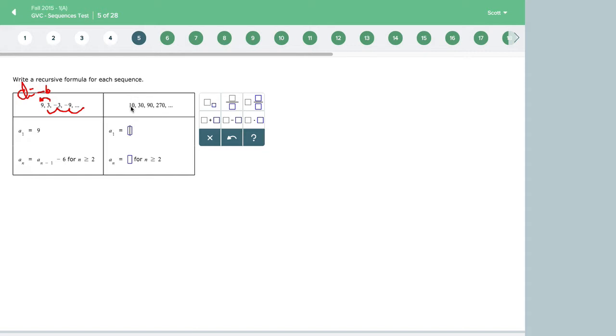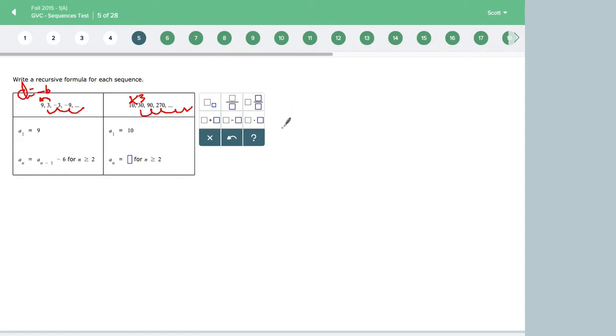So let's look at this one. Well, we know what a sub 1 is without doing any math at all. That's just that first number, 10. So what's happening with this one? If we find the difference, it's plus 20, but it's not continuing, so it's not arithmetic. So let's find the common ratio. Times 3, and then times 3, then times 3, times 3, times 3, times 3. So we see this is in fact geometric, and if we look at our sequence formulas, the